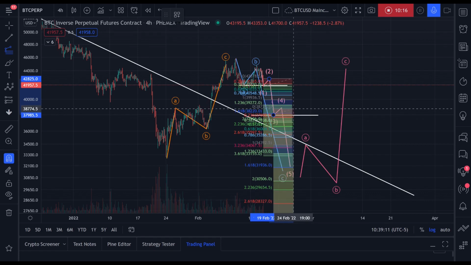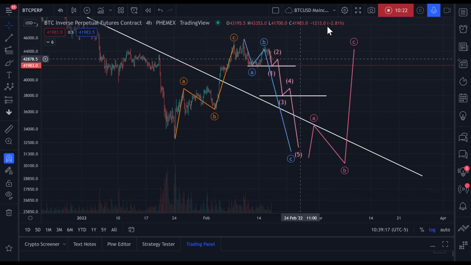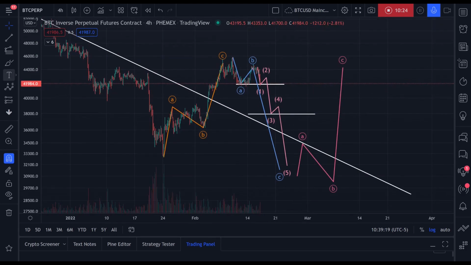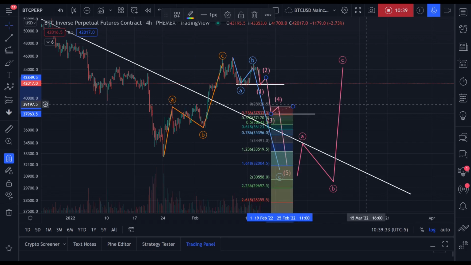So we take... sorry, what am I doing? Let's erase this so we can see properly. So let's say wave 1 through 4 play out more or less as we see it, right? As we're projecting. We're going to take the distance of wave 2, the distance of wave 3, projection of or retracement of wave 4, and project wave 5.